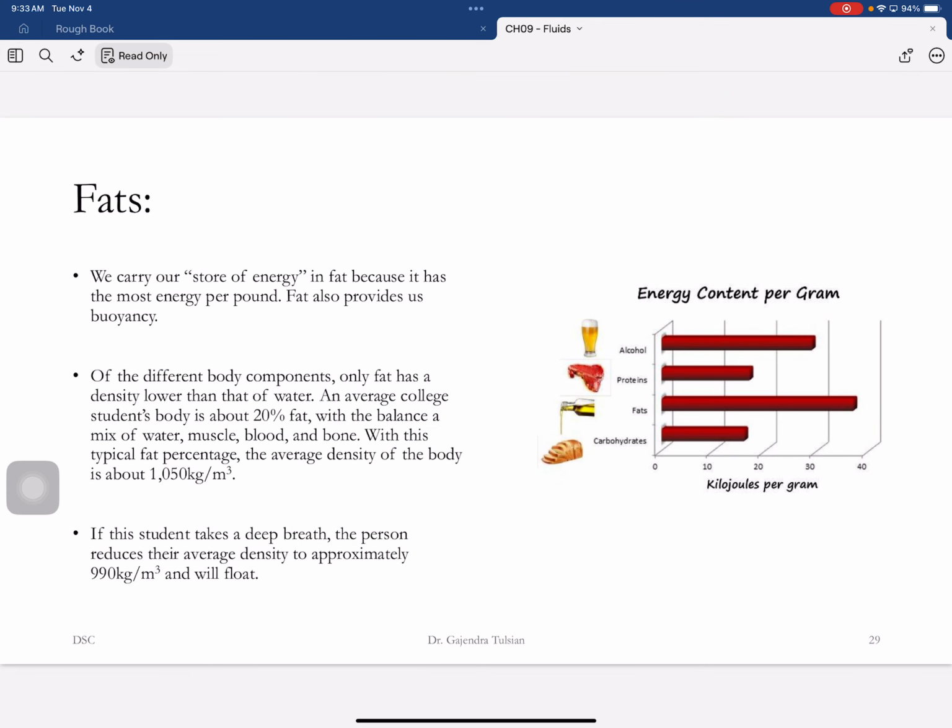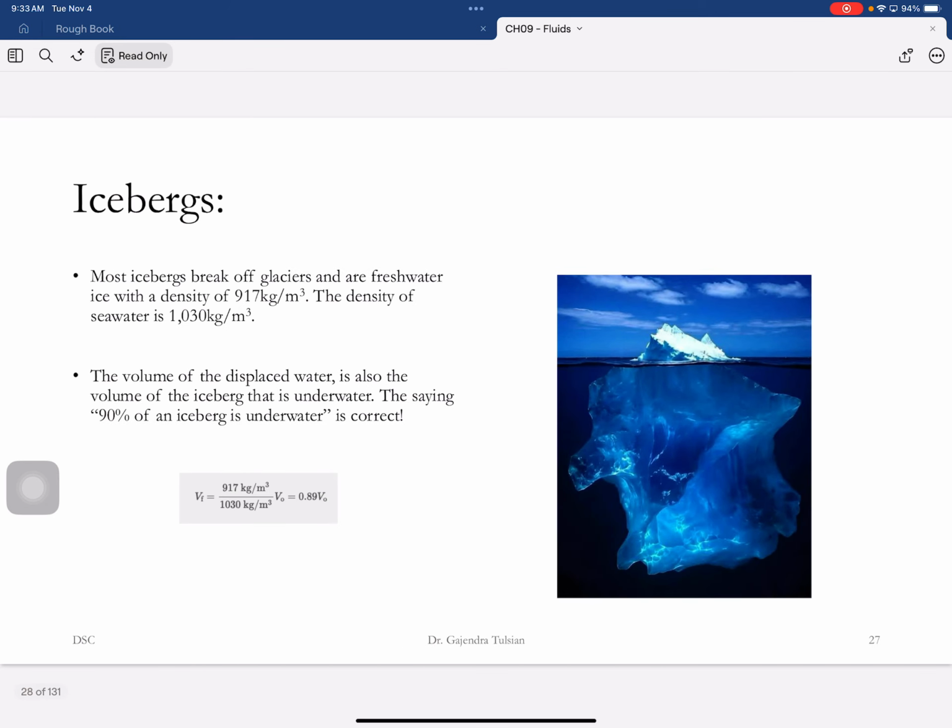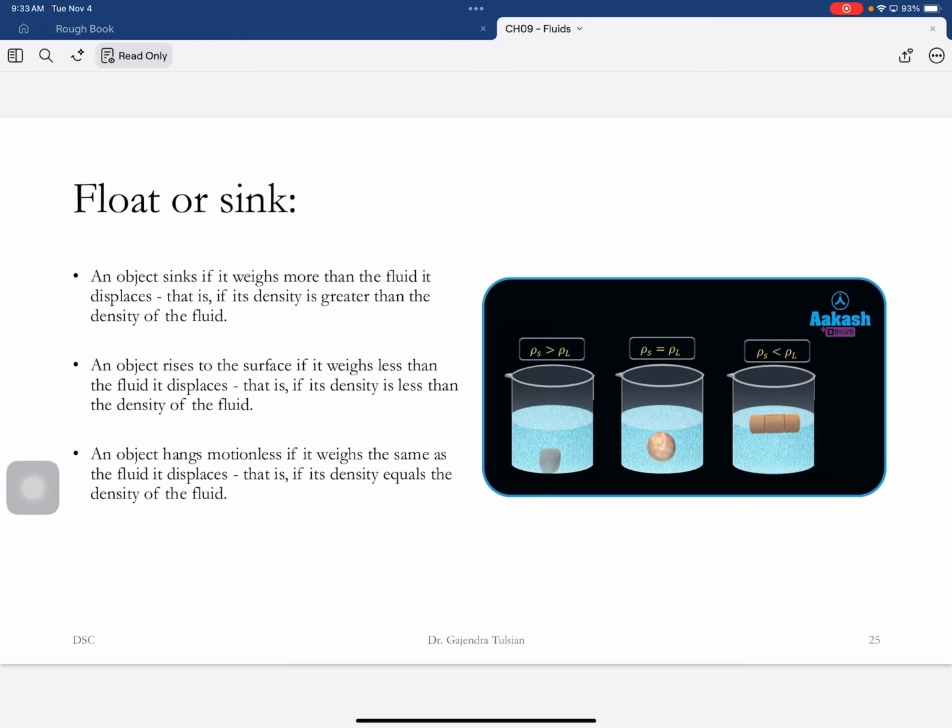All right, so we'll talk about something related to buoyancy, and let me remind you of something we learned last time. An object will,